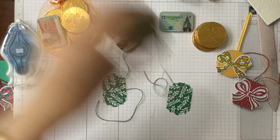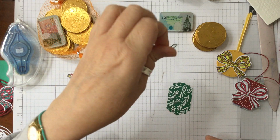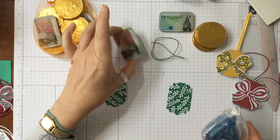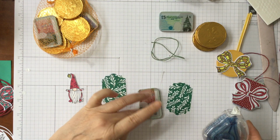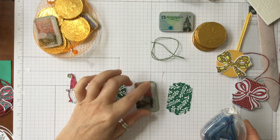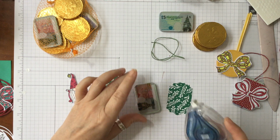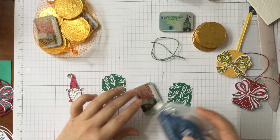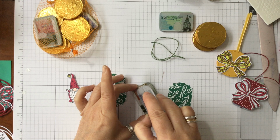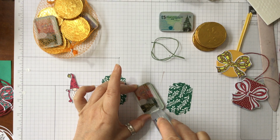Okay. So that's what we're going to need for this one. And then you just need some adhesive. I wouldn't use Tombow on this because it's wet. Now, the chocolate is covered in foil, so it's not going to go through. You can use glue dots, or I'm using the Stamping Seal Plus because that just works. So you're just going to run a piece down there,